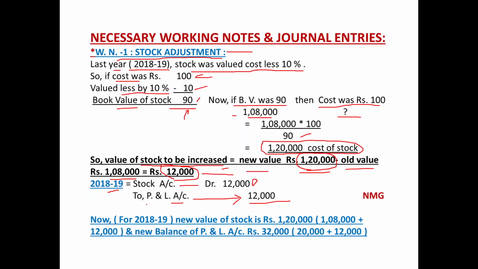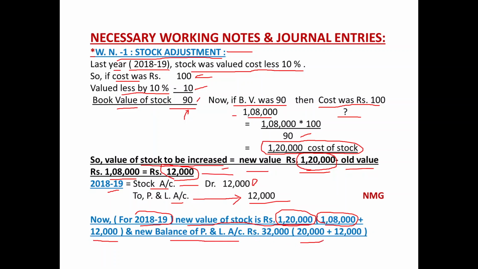So now due to this rectification entry for 2018-19, what would be the new balances of closing stock as well as the balance of profit and loss account? New value of stock is rupees 1,20,000. Earlier it was 1,08,000 given in the balance sheet, plus impact of this adjustment entry plus 12,000, we debited stock account 12,000. So 1,08,000 plus 12,000, that gives 1,20,000, and the new balances of profit and loss account, earlier it